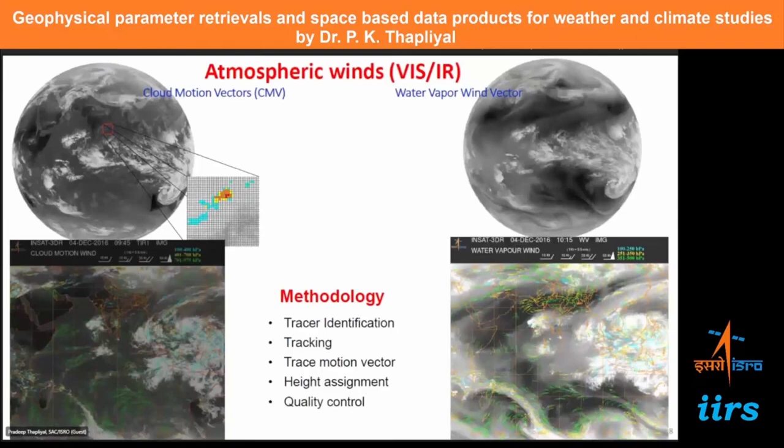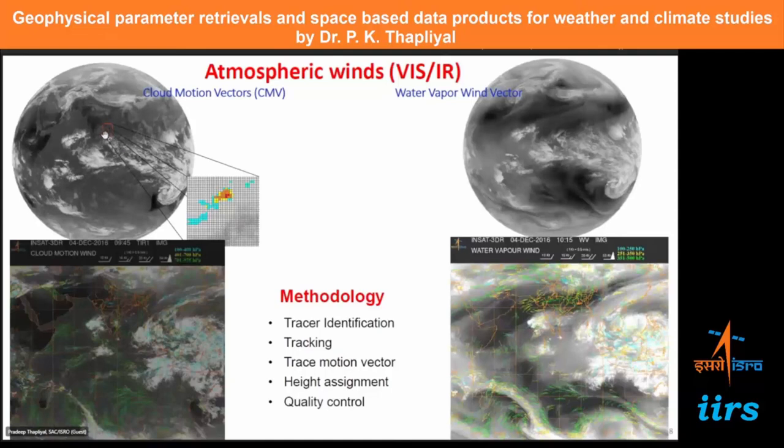Now the next thing we will discuss is atmospheric wind. The next important parameter for NWP or weather forecast prediction is winds at different atmospheric levels. It is very difficult to get a wind profile over the entire atmosphere, but some information we can get from clouds. Now if you look at imagery obtained from a geostationary satellite, like INSAT-3D or Meteosat or Himawari imager, and you have a sequence of imagery every half an hour, about 10:30, 11, 11:30, that type of sequence of imagery,